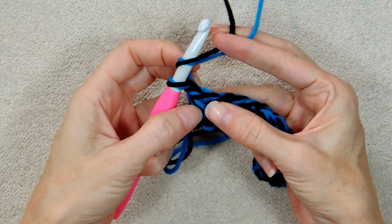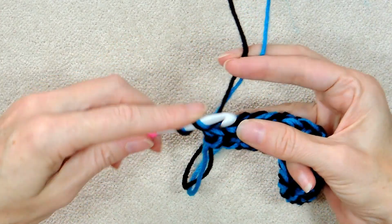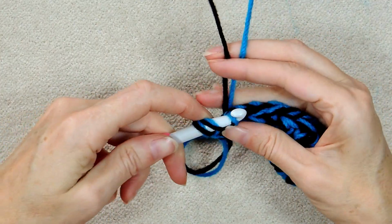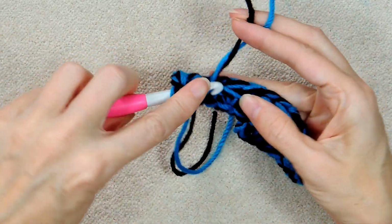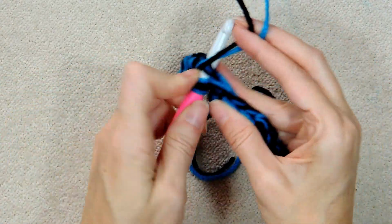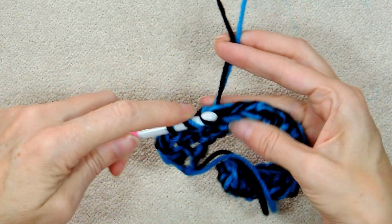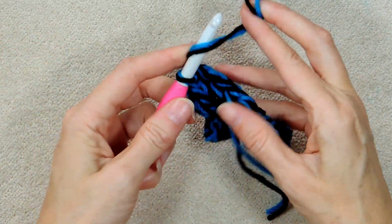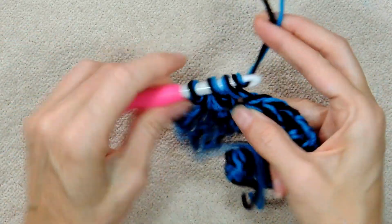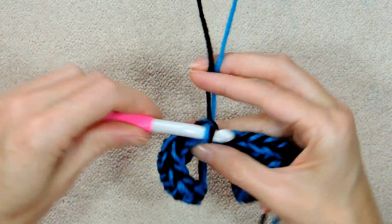So wrap your yarn and go into this very first stitch, that one right there. Half double crochet, and now 1 into each stitch going back. You want to make sure you have both of those strands of yarn on your hook, but you'll get the feeling of it. You'll know if you have them both. So work your way back, and whenever you want to change yarn or your scrap runs out,